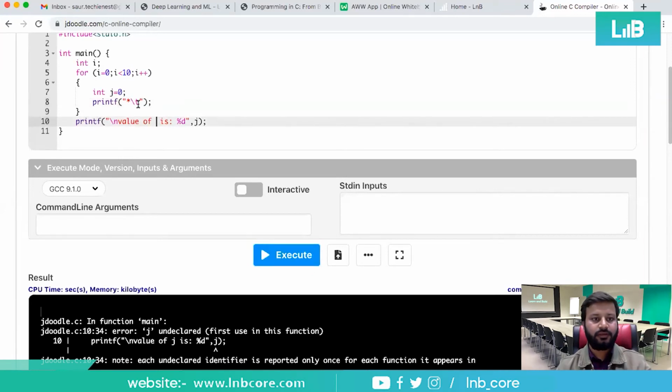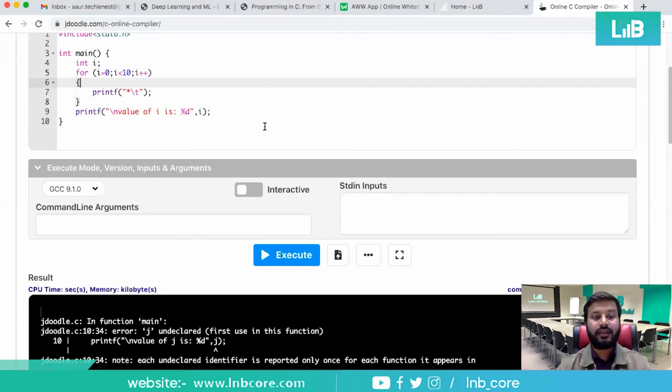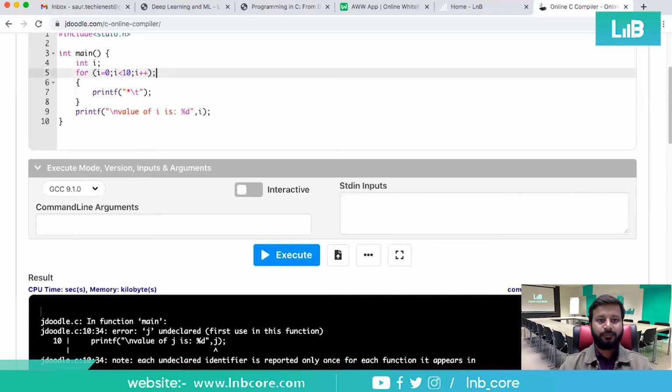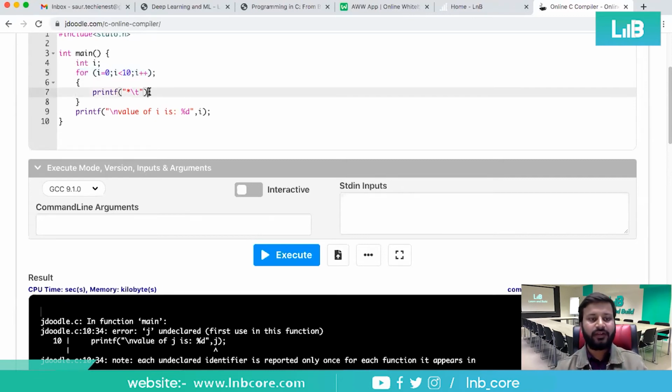So let me change it. Don't need this. No, this will not execute once. Yeah, Rangaswamy, it's not going to execute even once. You are feeling that it has run for the first time at least once. No, because the for loop has ended here and we were writing the print statement here. The meaning of a print statement is to print something, that's why it has printed something. It did not execute anything from inside.